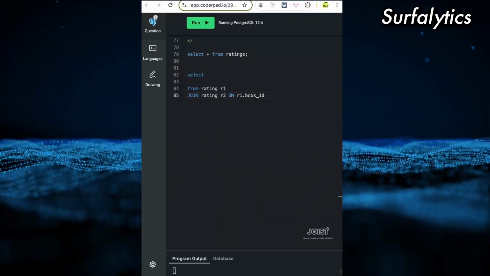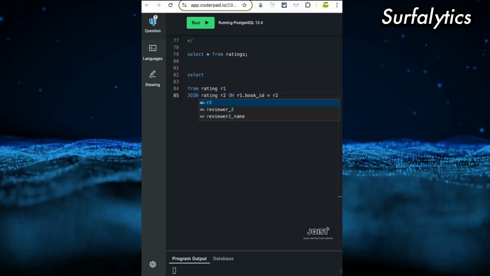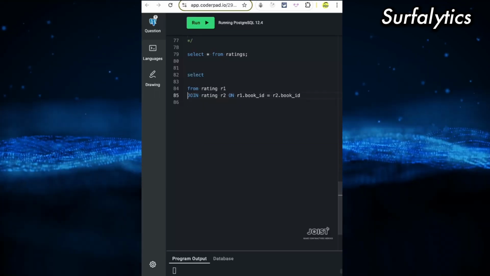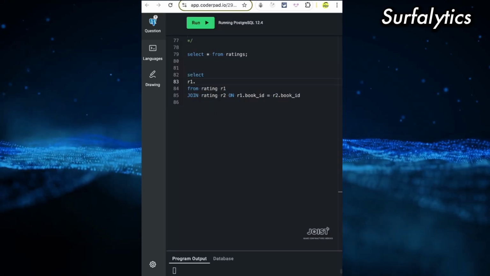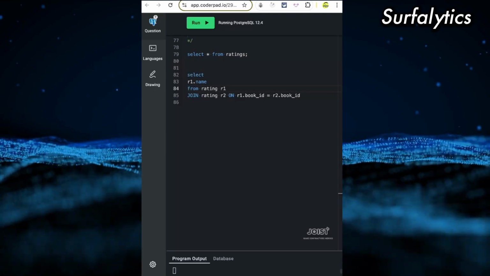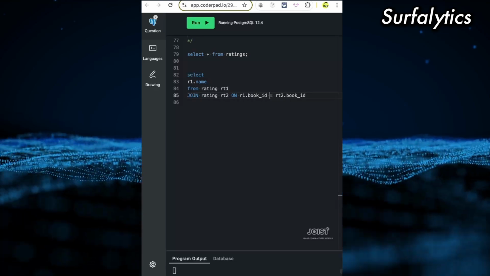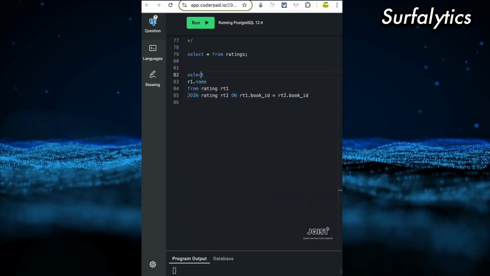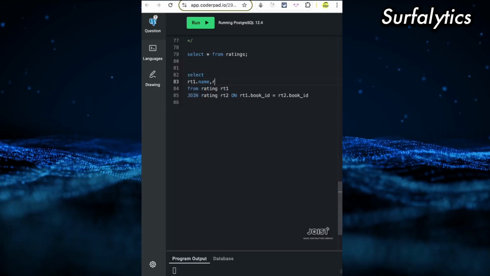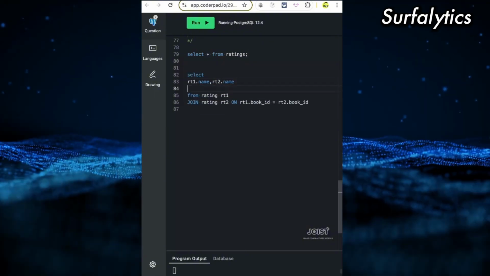R1 book ID could be equal to, for example, R2 book ID, and here R1 name. Probably better to say rating, and R2 name.